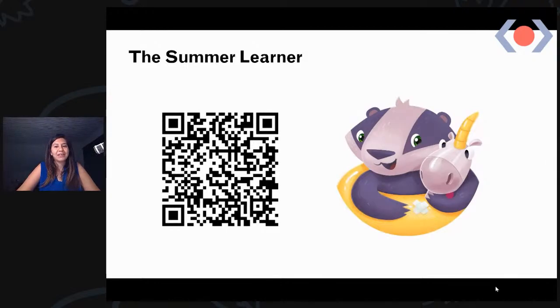So you can receive a unique badge, for example here: if you scan this QR code, you will get a very unique and limited edition Summer Learner badge in your digital wallet. When you scan this, you need to install a wallet from Engine, which is our partner, to collect these badges. We have multiple of them.